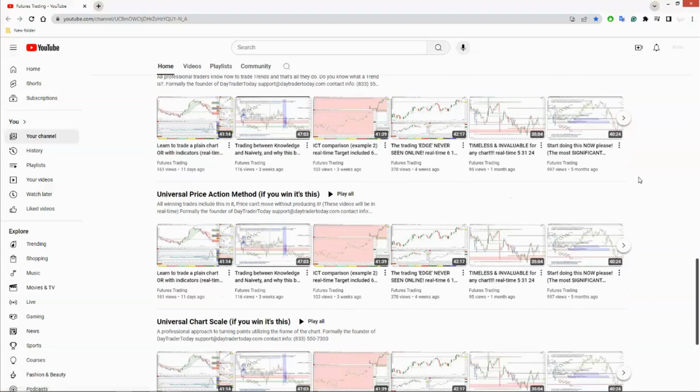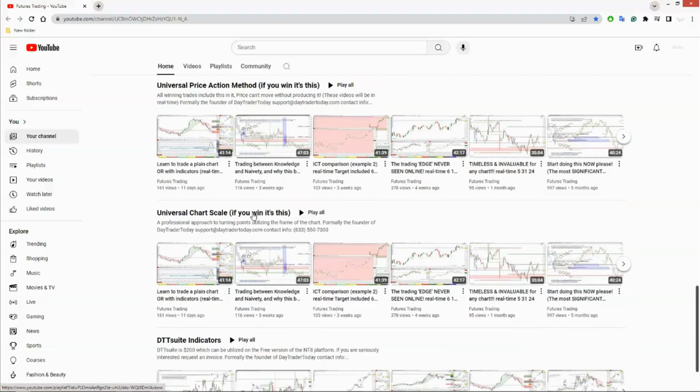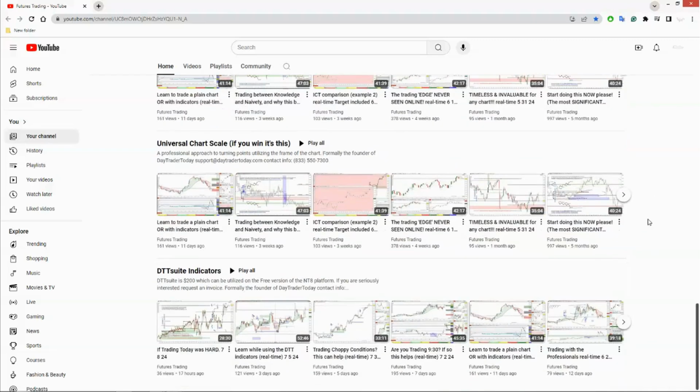Universal price action method. So universal price action method is a bar and a half. So we're looking for majority. I'm going to show you what that looked like as well. Now, when it comes to the universal chart scale, from left to right inside of your frame, I'm trying to teach you how to look at that hard right edge and know where potentially the market will cycle without having to look in hindsight. You don't have to do that. You can look right there on that hard right edge and know right within this vicinity, okay, there's a good chance the market will turn.